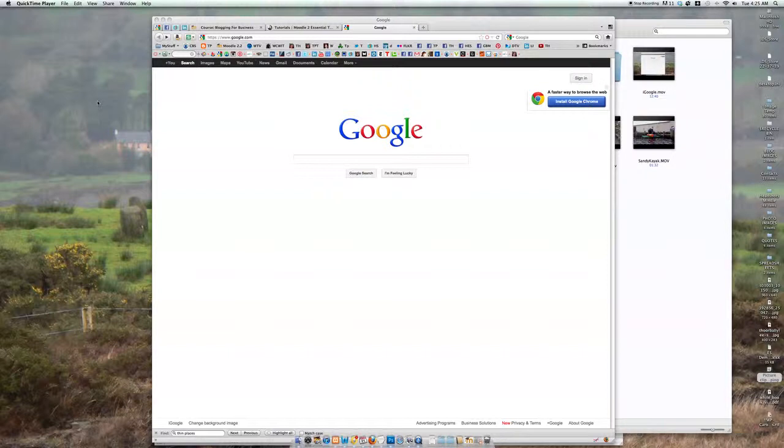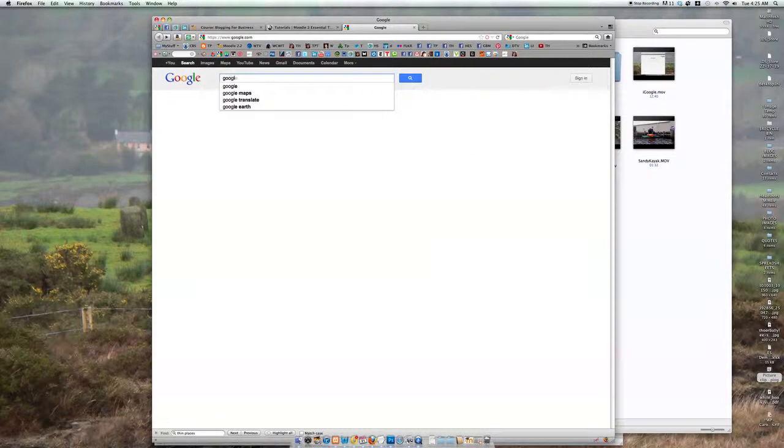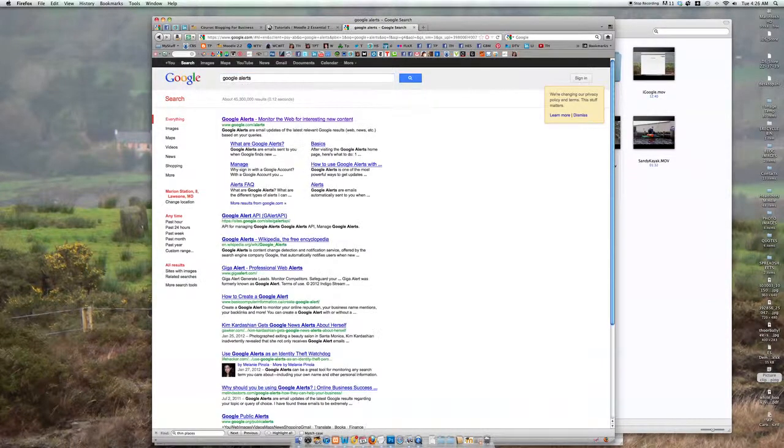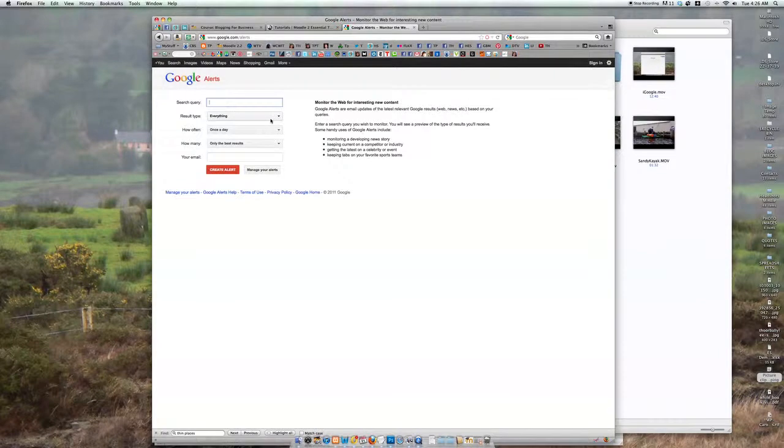But Google Alerts is also a very powerful tool. So if you just type in Google Alerts, Google will take you to this page here. And it's really simple. Anybody can do this, and it's free. You type in a search query and a little bit about it, and tell Google where to email you, and every time Google's bots go out and come across an indexed site that has that search query in the page, they'll send you an email and alert you that there's a web page out there with that content in it.